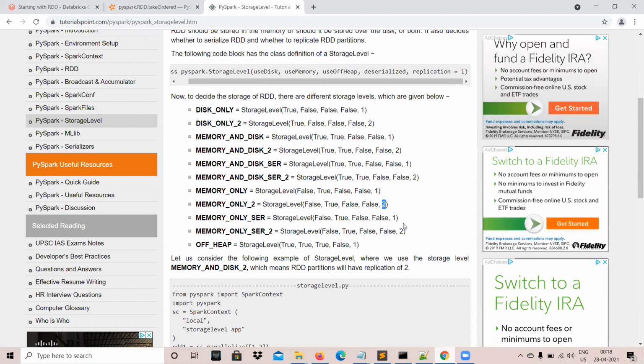Okay, so this is like caching, right? Correct. These are all caching only. So you're saying what level of caching you want. You want to store it in the memory, or you want to store it into the disk, or you want to store them in both, or you want to store them after compressing the data. All these attributes are specified in this constructor, in this function call.